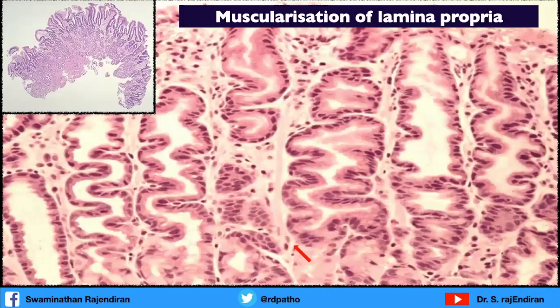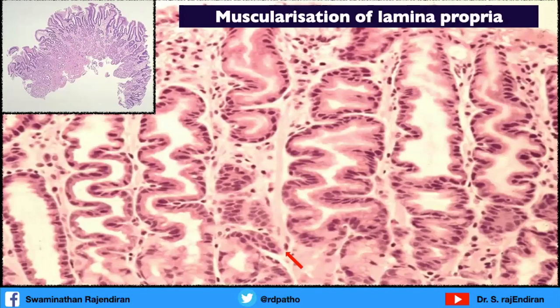This is muscularization. You see in the high power muscle coming into the lamina propria. Lamina propria should be free of musculature. The muscle should be there only in the muscularis mucosa. Here in this low power, you can see the muscularis mucosa is hyperplastic and it is sending muscle bundles into the lamina propria. This happens in chemical gastritis in the stomach and in cases of mucosal prolapse in